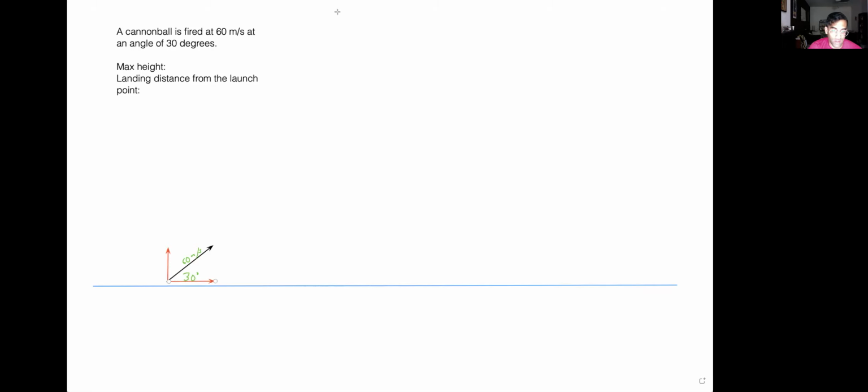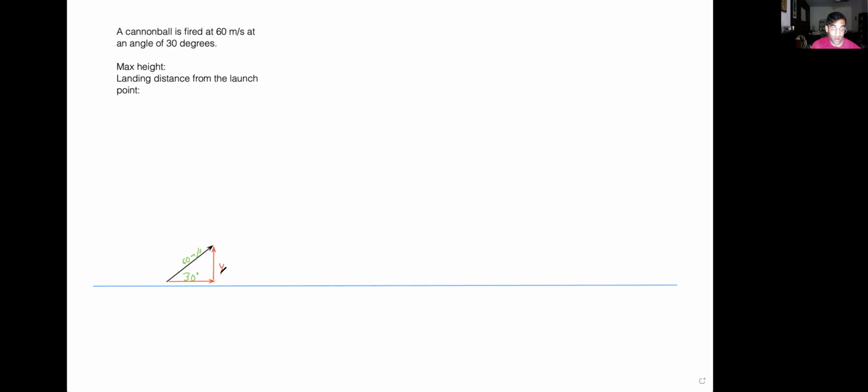So one thing that we can realize is that when we have these vectors, we can move this vertical one over and create a right triangle. And this is going to be very valuable. All right, because we have the hypotenuse of this right triangle, it happens to be 60, and we also have one of the angles. It's 30 degrees, the angle between the base and the hypotenuse. Therefore, I know